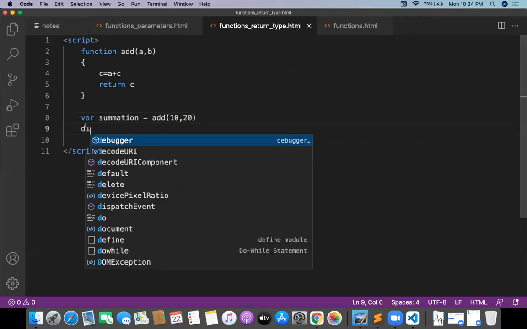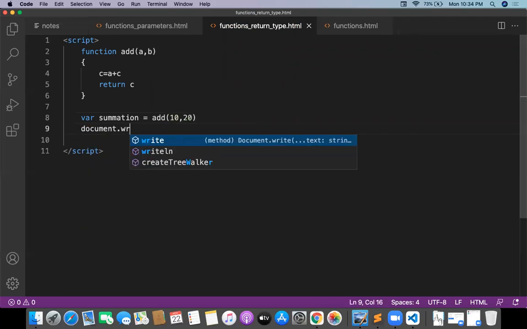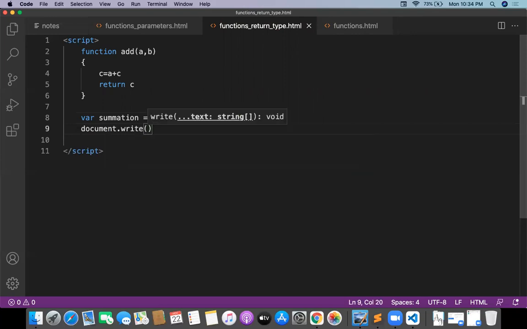And document dot write summation now. So summation is going to have c. Why? Because whenever a function is executing, some value is returned, and that value will be c. c is nothing but a plus b.